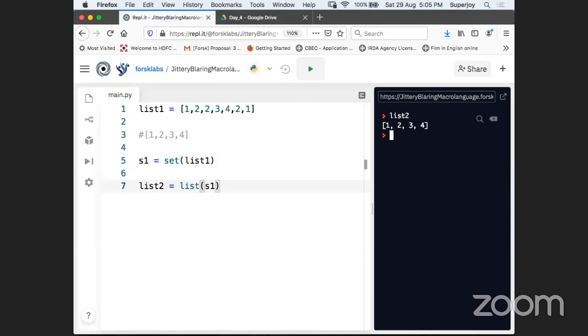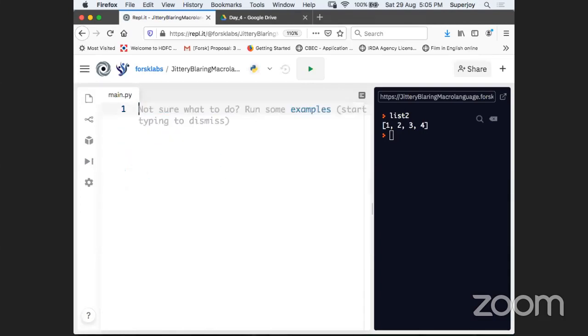I'll just have a couple of other examples from the set. See, guys, did you have a subject called DMS, Discrete Mathematics? Did you have that subject, guys, DMS? And in that DMS subject, you had a topic called set theory, if you remember, guys, set theory, right? That was there. Okay.